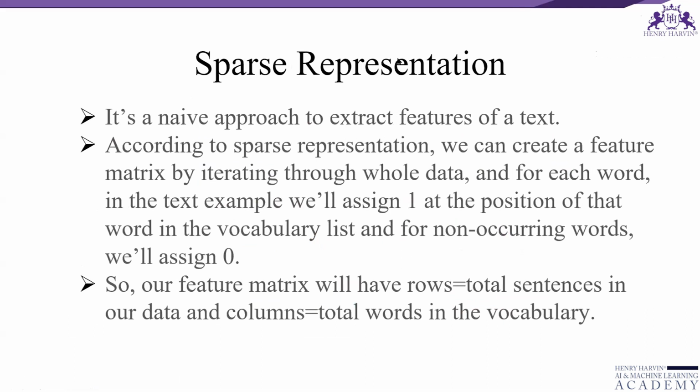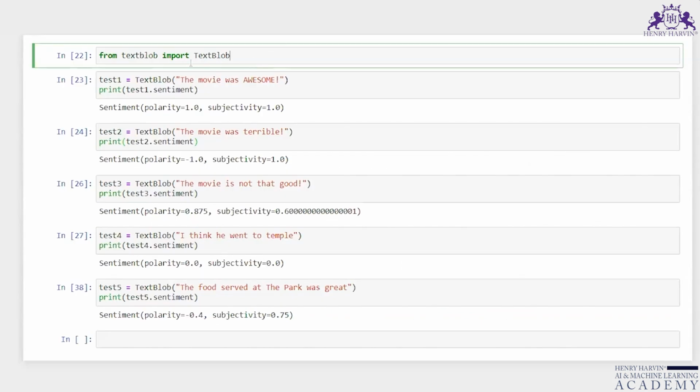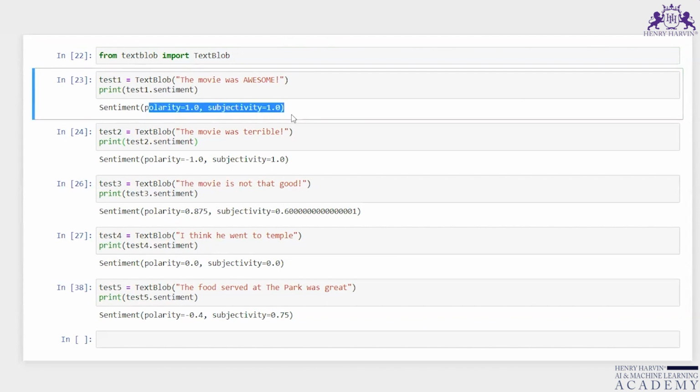So now let us see how we can do it using an algorithm. You can see over here, I have from textblob import TextBlob, right? And then I have written the first sentence, test1 equals TextBlob, "The movie was awesome." When I test this sentiment, it returns polarity 1, subjectivity 1.